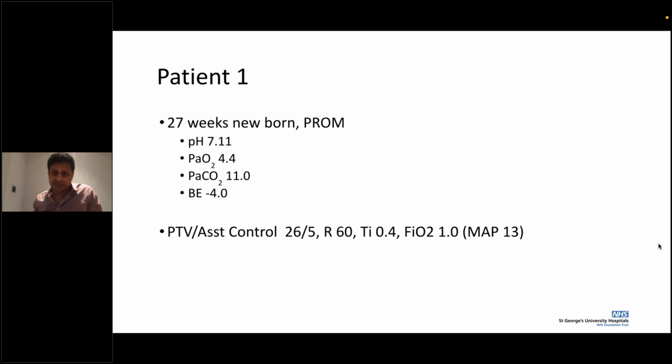The general answer is yes, it could be up to 3 times or until the chest bounces. So 30 to 40 is fine until the chest bounces. And what will you do? The best part is to let the baby settle down with that. Look at what your blood pressures would be. You may need to site an arterial line to look at your blood pressures, because it's very likely you may need some inotropes, since you're dealing with PPHN and a septic baby. You may need multiple inotropes, and that means siting either an umbilical or a long line. It's a newborn baby, so an umbilical line is probably easier to manage that way.